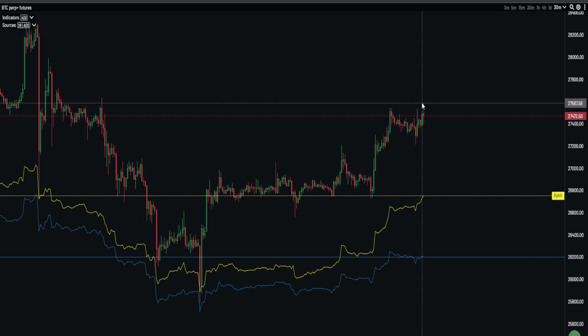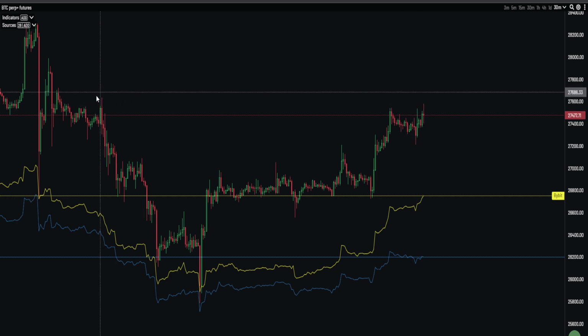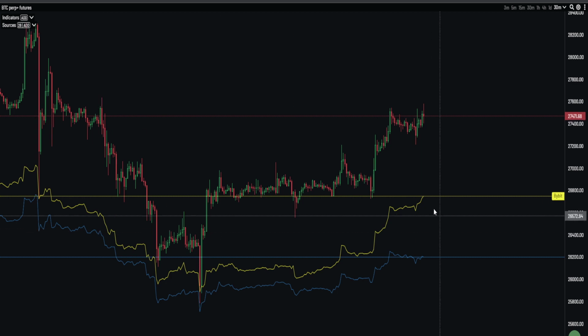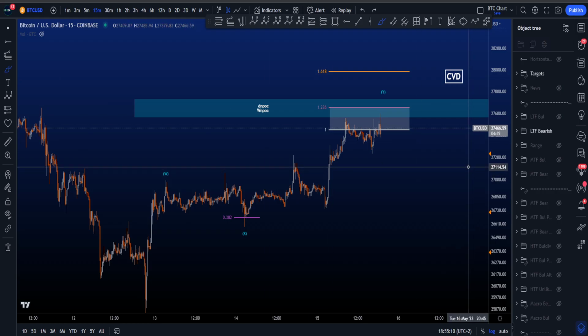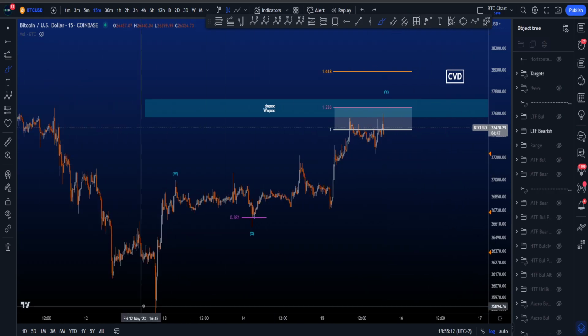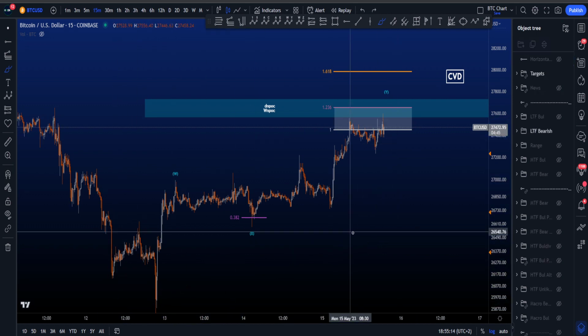The high that we made at the moment, as you can see, is lower than this high, but on the CVD line, the yellow horizontal line, we are creating a higher high on the CVD but lower highs on price, which is a bearish CVD divergence between the highs over here and the highs over here. Lower high on price, higher high on CVD. So it is definitely something to take into account, because in this whole structure we haven't seen bullish divergences,